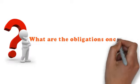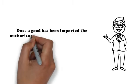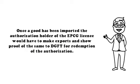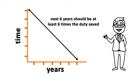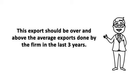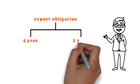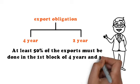What are the obligations once the capital good is procured? Once a good has been imported, the authorization holder of the EPCG license would have to make exports and show proof of the same to DGFT for redemption of the authorization. The exports in the next 6 years should be at least 6 times the duty saved in the authorization. This export should be over and above the average exports done by the firm in the last 3 years. This export obligation is again divided into 2 blocks of 4 years and 2 years. At least 50% of the exports must be done in the first block of 4 years and the remaining in